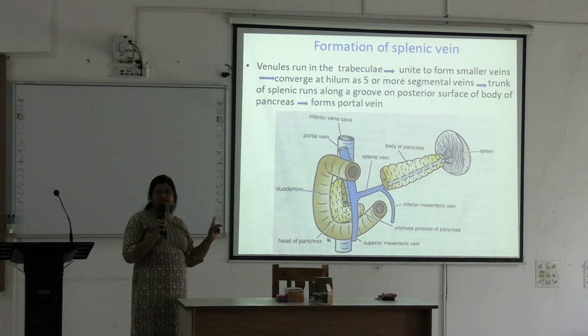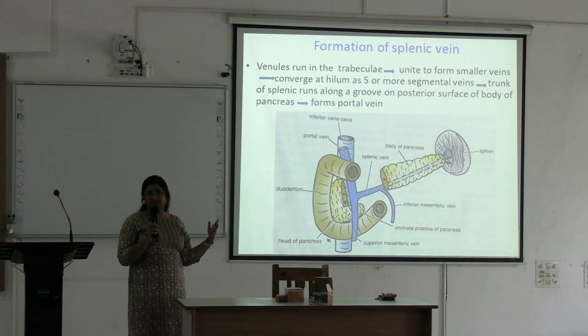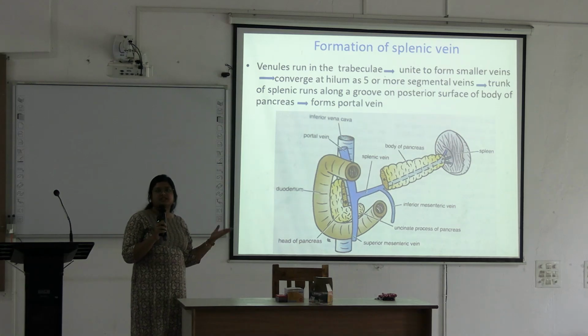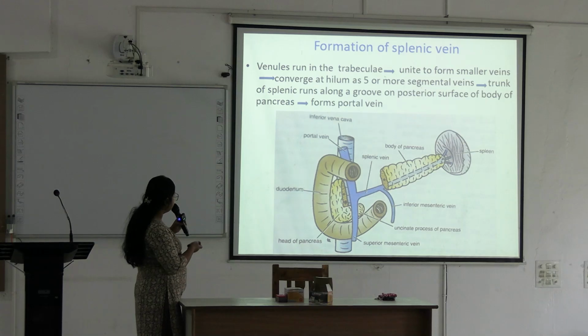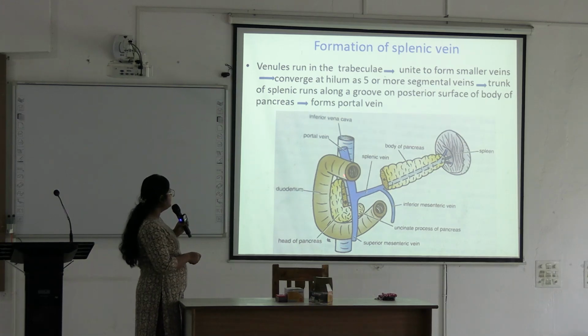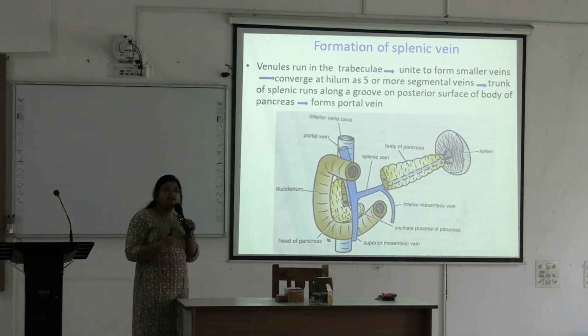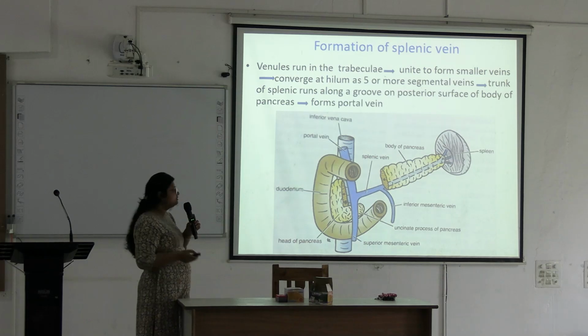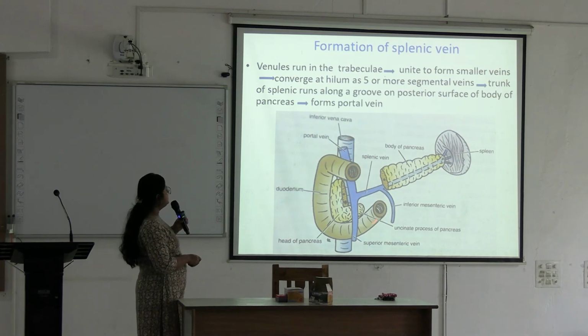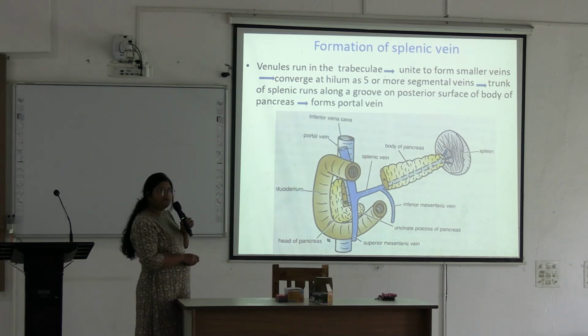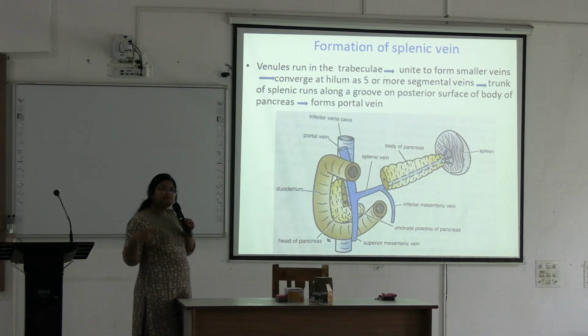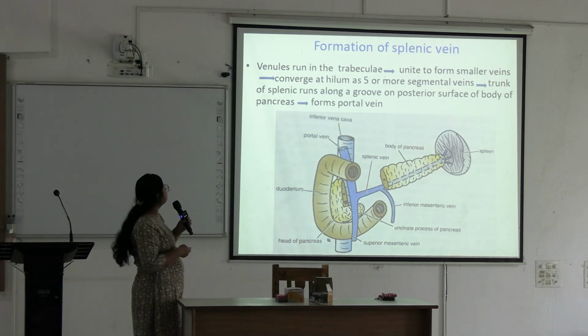Okay, very important. Here the splenic vein is joining with the superior mesenteric vein to form the portal vein just behind the neck of the pancreas. Okay, this relation is very important. Here is the head of pancreas. This part is neck of pancreas. Here is the body and tail. Tail is entering near the hilum of the spleen. Tail of the pancreas. Okay. And this is duodenum, C-shaped curved loop. This is duodenum, first part of the small intestine.